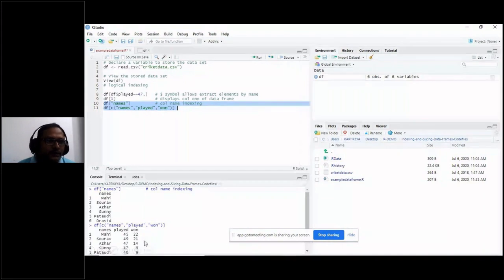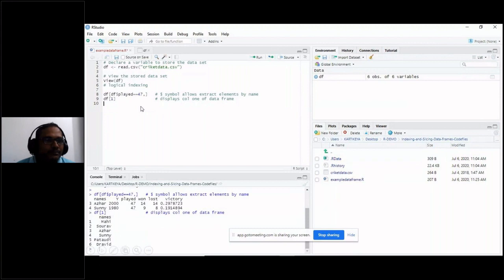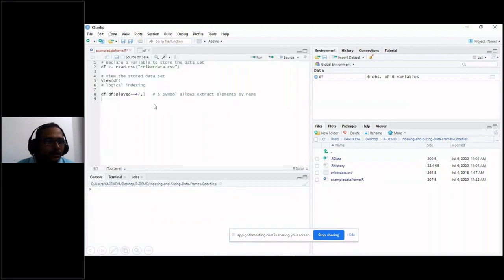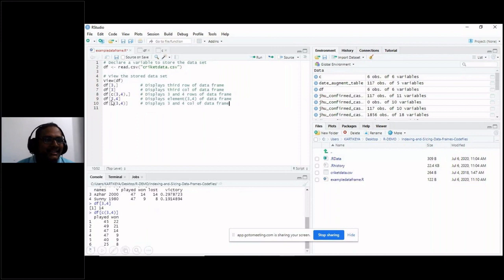If I want to display columns or rows by name, you can give the name instead of numbers. See, previously we displayed all these rows or columns by using indexing. You are processing that index, third column, fourth column. By indexing, you are referring to the column numbers.